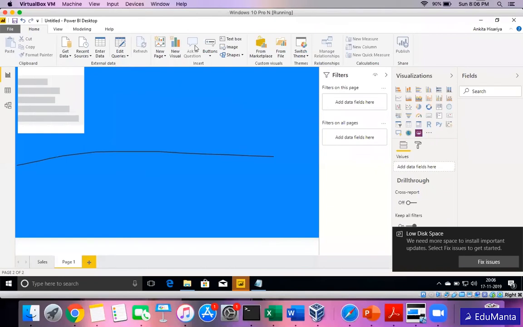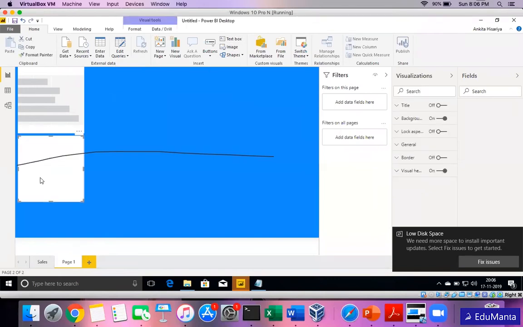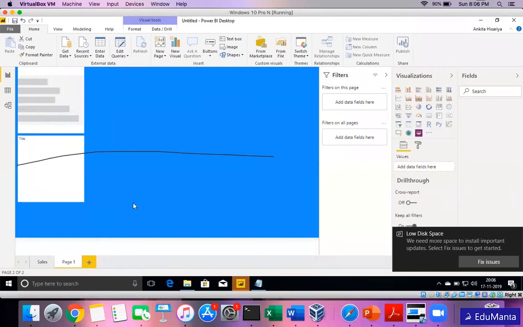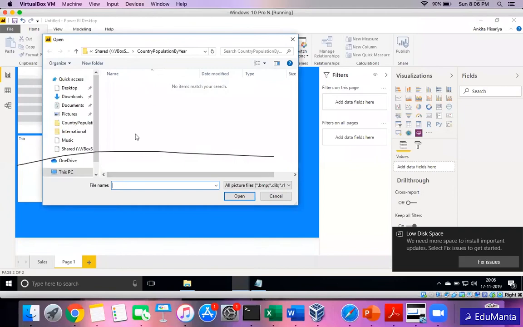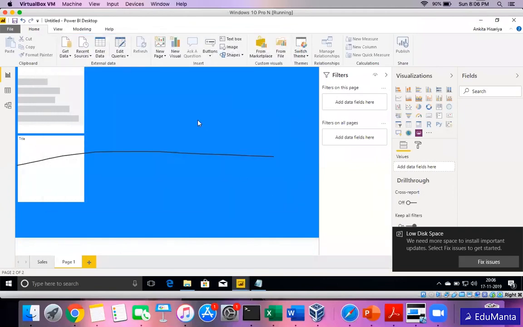And apart from that, there is an option such as if I want to insert a text box in the page, I can just select this and a text box will appear. I can write something as the header of the report, the title section, and move it somewhere. Or similarly, I can put an image. If I have a logo of a company or any other image that I want, I can browse the image from my system and put it in the report.